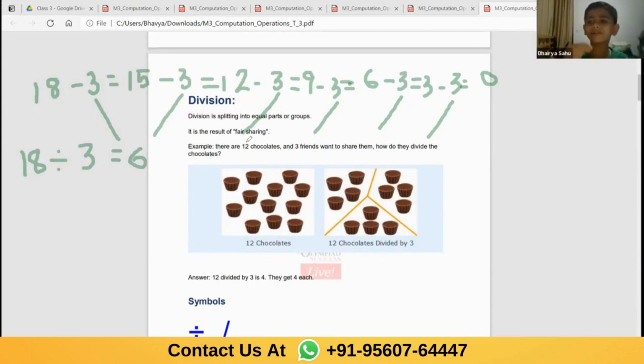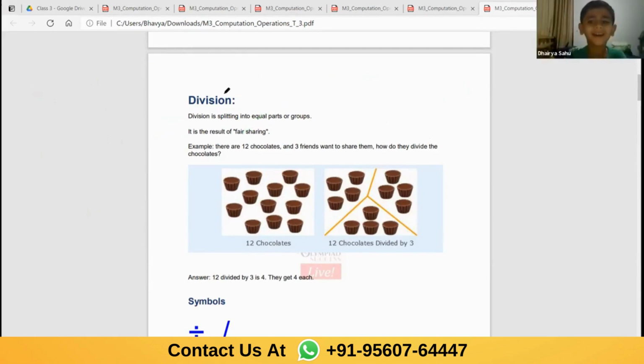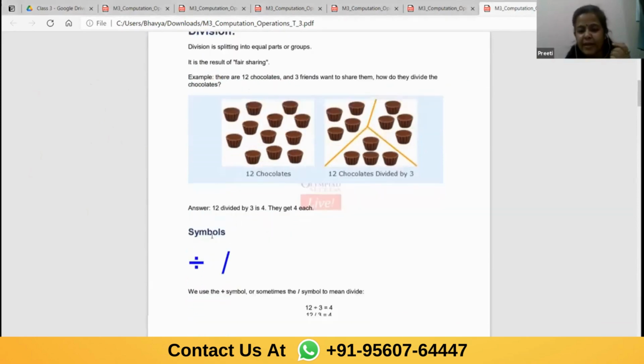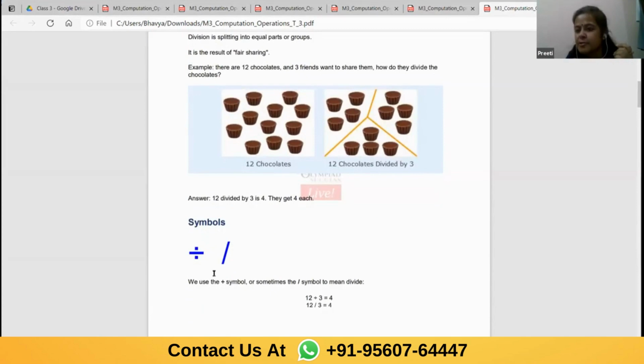The division sign almost looks like the plus sign, because if you match the dots over here, we get the plus sign. But don't do that, because otherwise the question will go wrong. These are the possible symbols that we use for division. We can also use the slash for division. Or, with a sleeping line, at many places you will get this as the division sign. Like 12 divided by 4 can be written like this also.